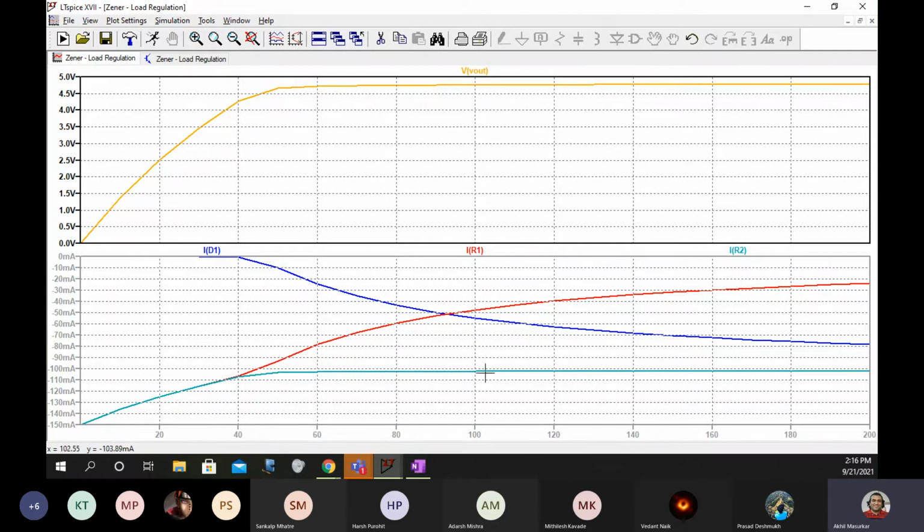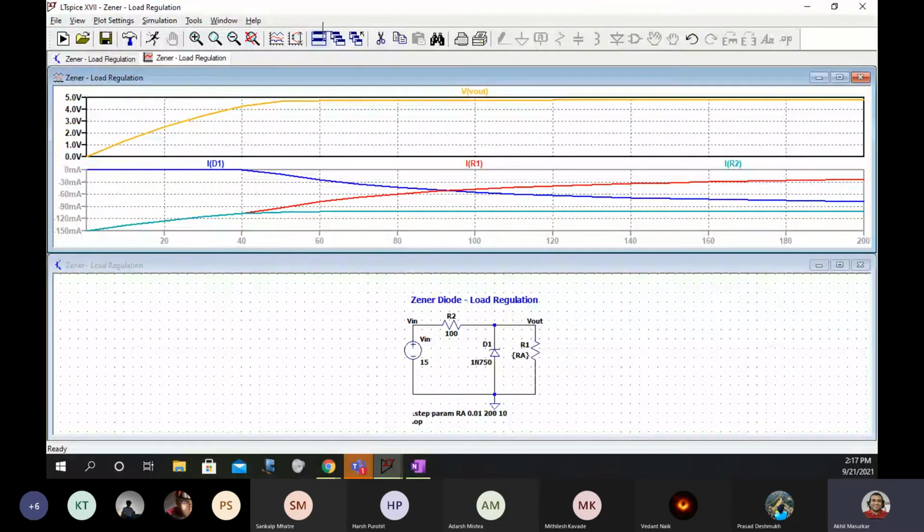You can see that as Zener current reduces, the load current increases. If the load current reduces, the Zener current is going to increase. Can you post this output now in the chat box?